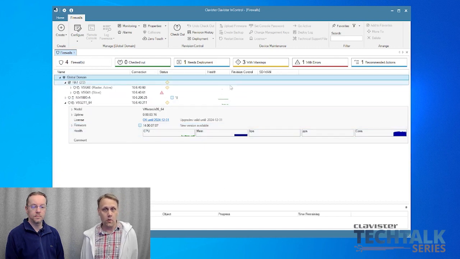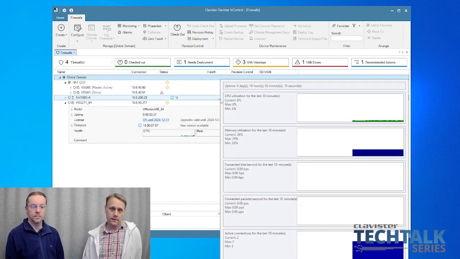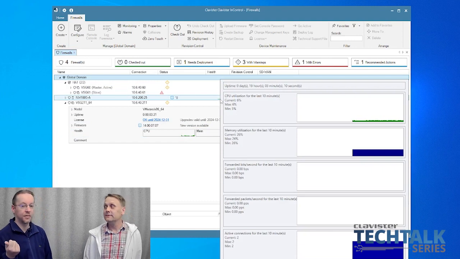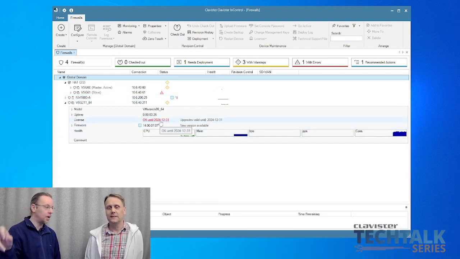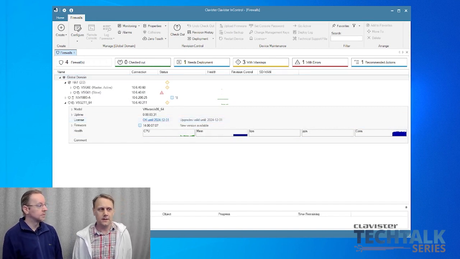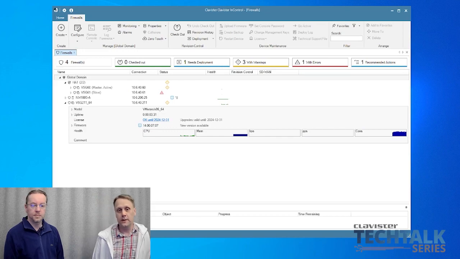miss. It's worth hovering over to see some current status of, for instance, CPU and memory utilization for the last 10 minutes. Yeah, this one I missed several times. I know it exists, but when I tried to find it, I couldn't. How can I bring it up? Can you lock it somehow, or you must mouse over it in order to see it? Yeah, you mouse over the health column for that specific firewall.